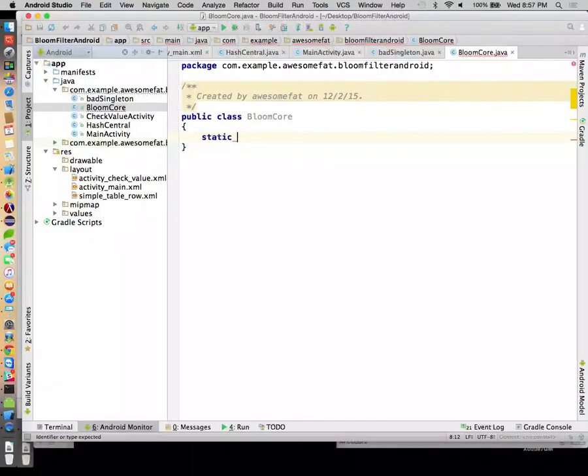What was it? Int array? Yeah, you're saying that right. Int array, the Bloom filter, something like that. Yep. All right, and then in our main activity,